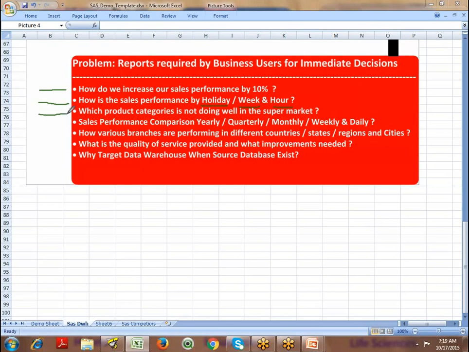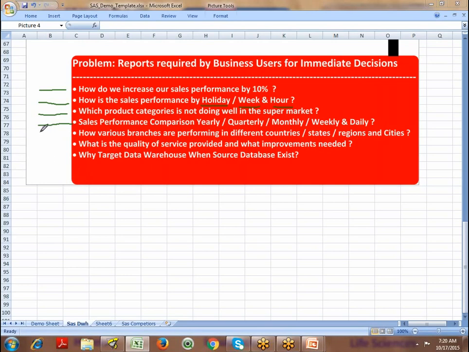Which product category is doing well in the supermarket? For example, they have different product categories: beverages, cosmetics, food, and a fruit section. They would like to know which categories are not doing well. Just now I showed you sales performance analysis by year, quarter, month, week and day.